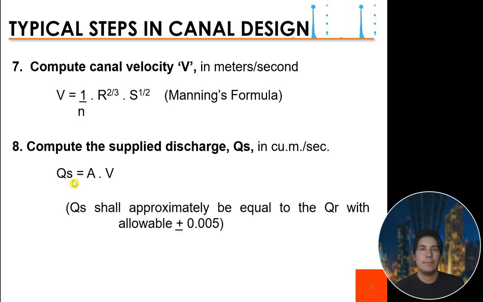So using the continuity equation, area times velocity, the Qs shall be approximately equal to the QR with an allowable difference of plus or minus 0.005. So the supplied discharge, as much as possible, should equal the required discharge. Okay, so